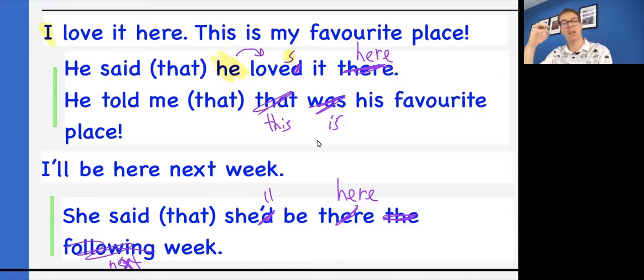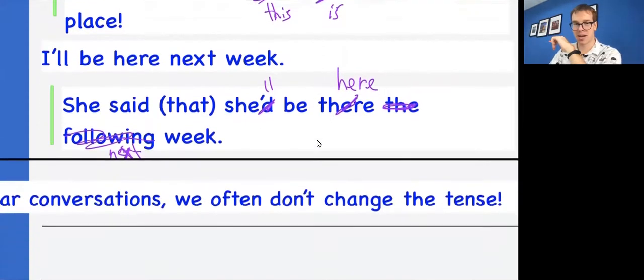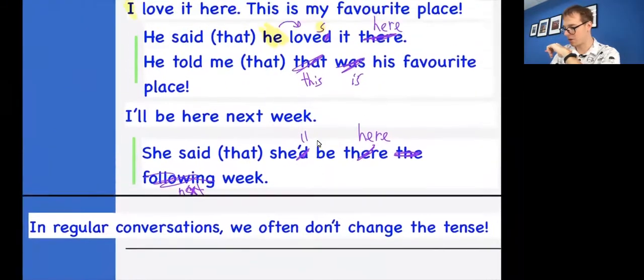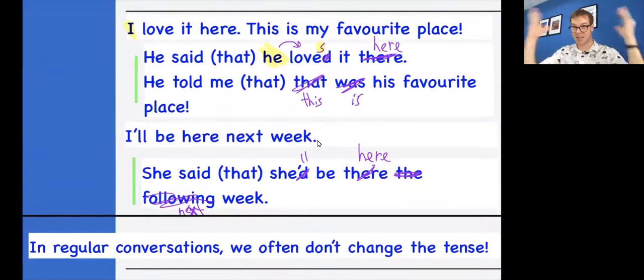Okay, so you can see why once I throw in these exceptions, right, where I say you don't have to change at all, this can be very confusing for our weaker students, right? Our newer students to the English language. So again, if you're staring at the screen, right, and you're like, oh, regular tenses, we often don't change the tense. If this is very confusing for you, please go back, watch our other videos.